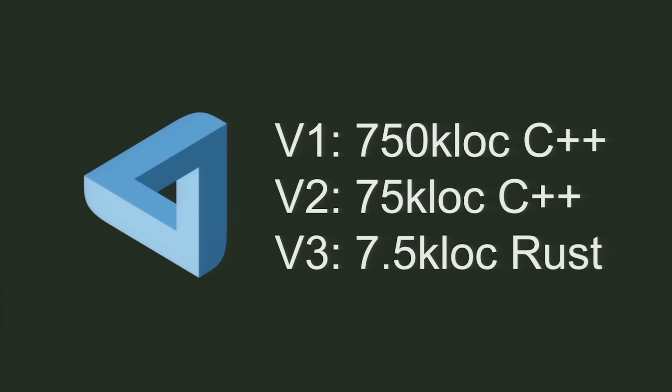And it was 750,000 lines of C++ code. The reason I like this story is because most of the time you would expect me to say, if I told you this company has a big C++ code base, they rewrote it in Rust and it got a lot smaller. But the problem with stories like that is that every rewrite ever always gets smaller because you know the problem better and you can get rid of all the vestigial stuff that you weren't using. So what I like about this particular story is they decided to do a version 2, and that turned out to be the same amount of functionality but in 75,000 lines of C++. So they saw that 10x reduction by rewriting in the same language.